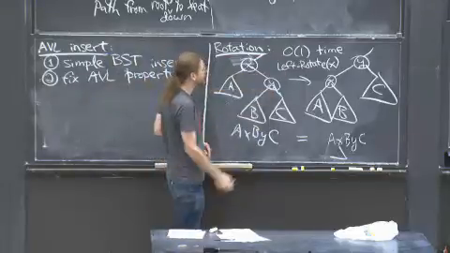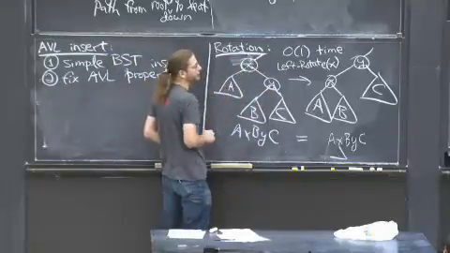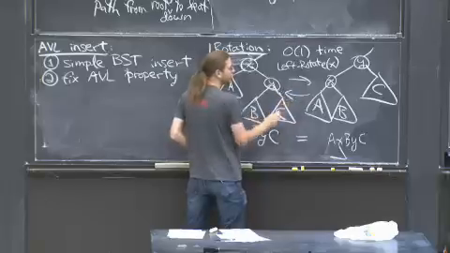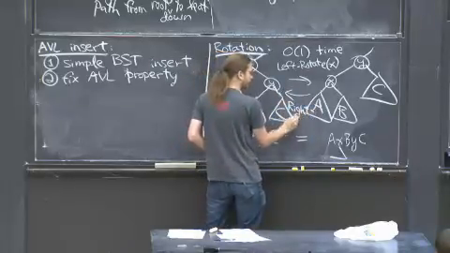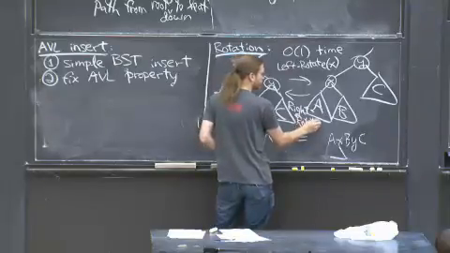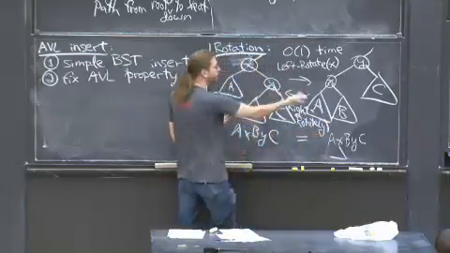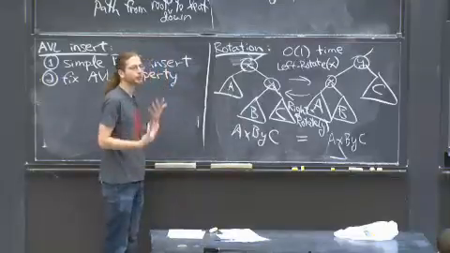We call it a left rotate because the root moves to the left. You can go straight back where you came from. This would be a right rotate of y. It's a reversible operation. It lets you manipulate the tree.